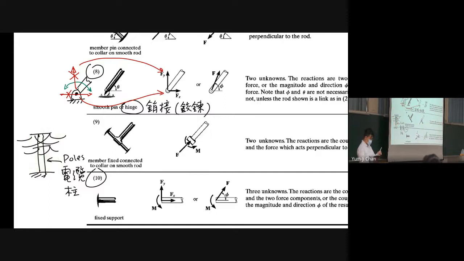So it means movement in this direction is prevented, movement in this direction is prevented, and movement in rotation direction is also prevented. That means on drawing the forces, we have forces in both x and y directions, and we have a rotation moment as well. Okay, now we have